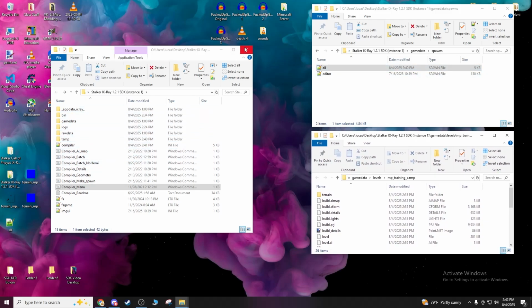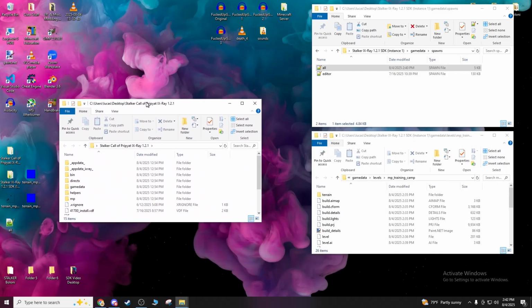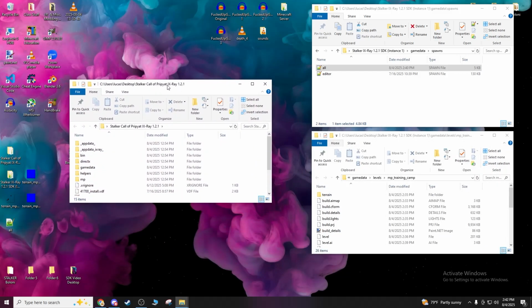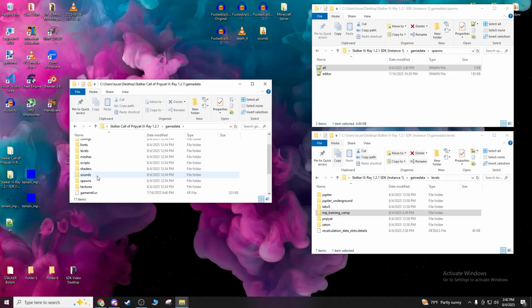So now we're able to import it into the game. So let's log out of here. Let's bring up our instance of Pripyat. This instance of Pripyat is running on the IXRay engine 1.21. I think it will work on just any regular Pripyat engine. This is what I'm used to working with. So now we can add our stuff. So go to game data, levels,